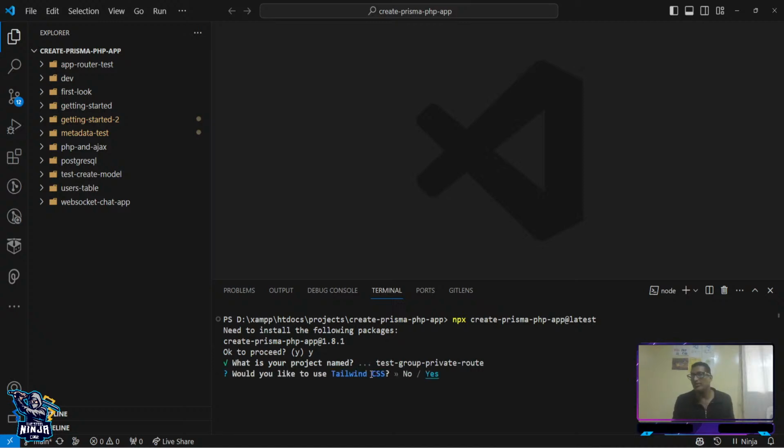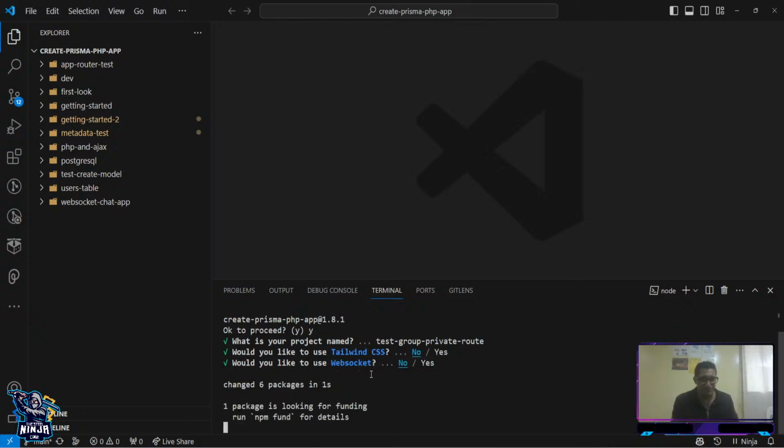I'm going to use Tailwind. In this case, I'm not going to use Tailwind because I'm just going to explain directly, like say direct routes about the group and the private. So I'm not going to choose Tailwind, nor WebSocket. So